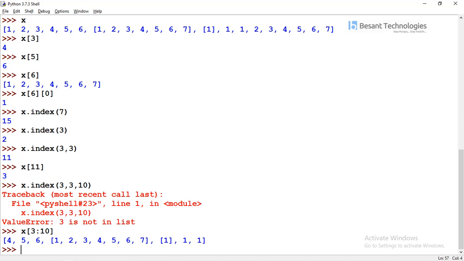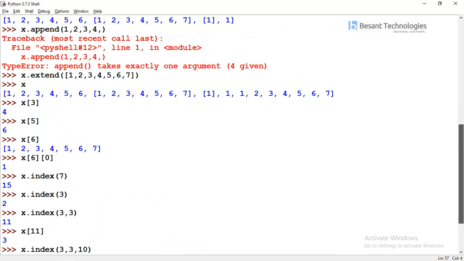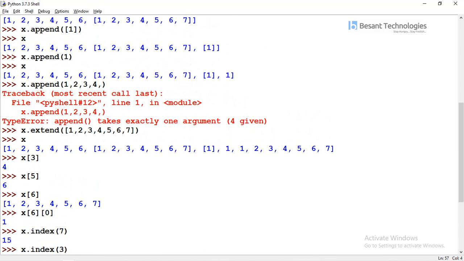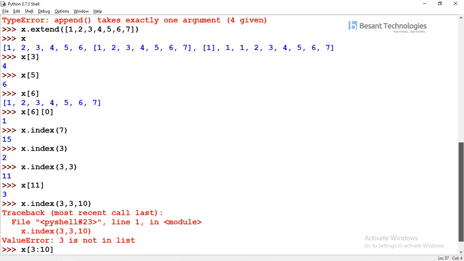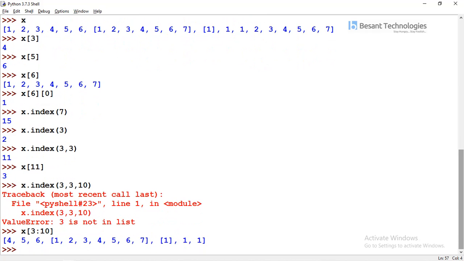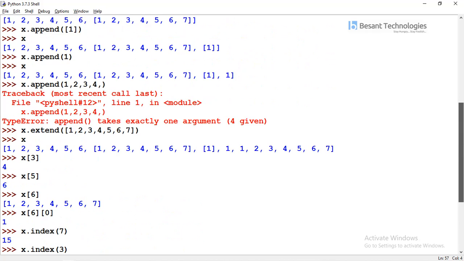So append is used to add the complete list, extend iterates each and every element and adds them as different index positions, and index is used to find the index position of a particular value. We can give start and stop values here. That could be fine.